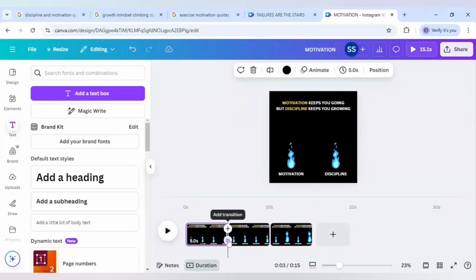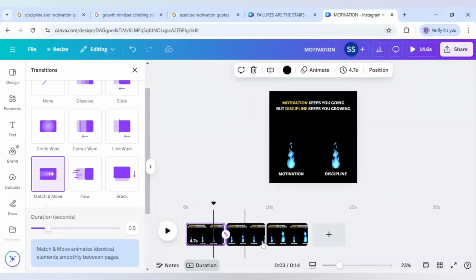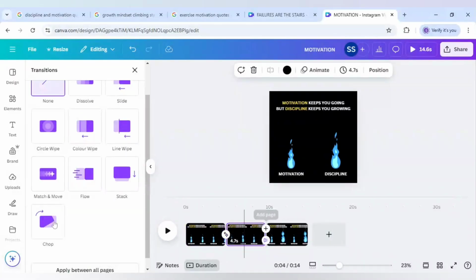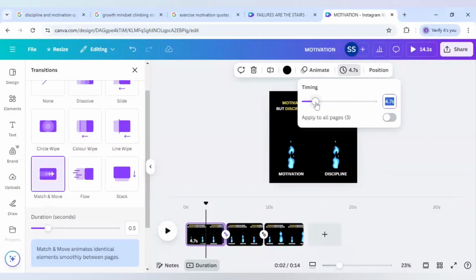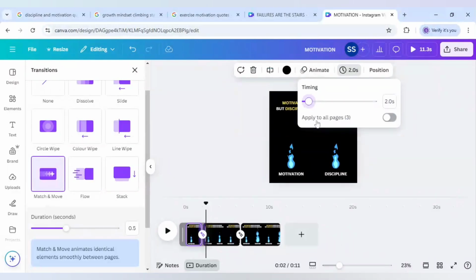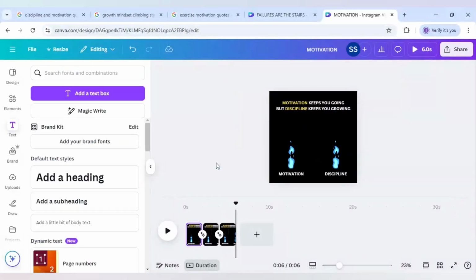Okay, and after that just go to transitions, add transition and click on match and move, and in the second one also follow the same so that the transition is the same for all the images. Now I will go to edit timing and click on 2 seconds and click on apply to all 3 pages. Now let's see the transition, how it looks like. Okay, so this is the second video which you can try for your